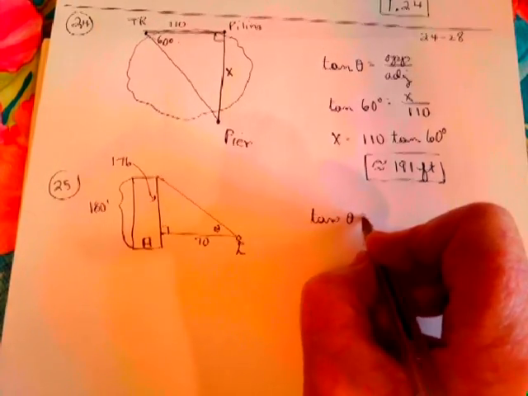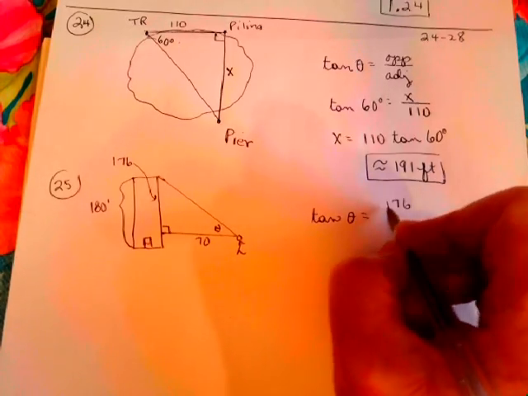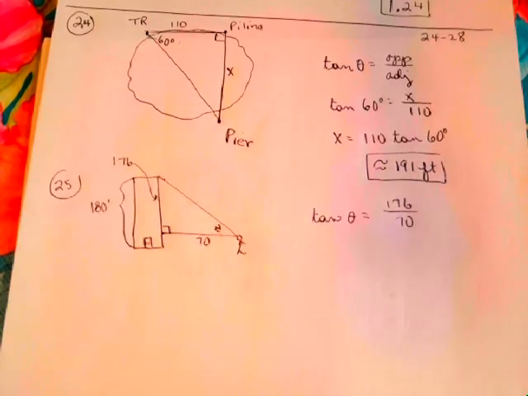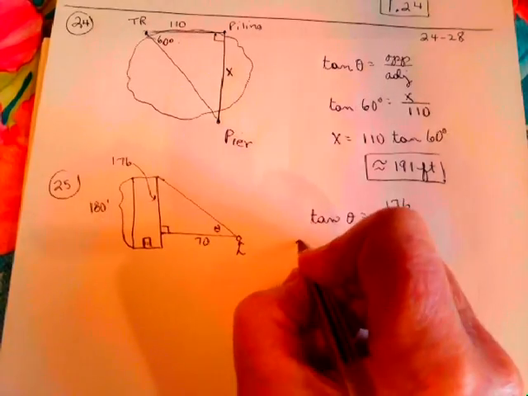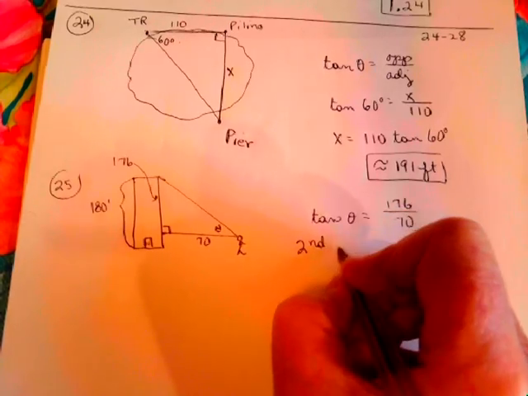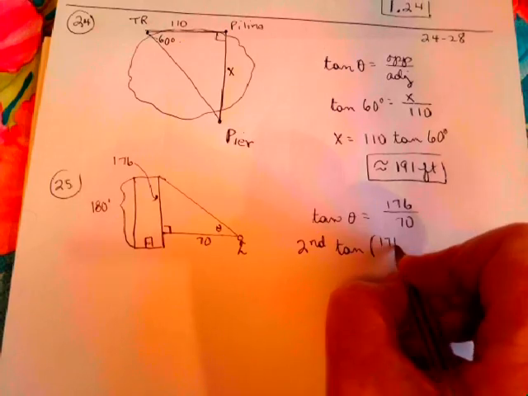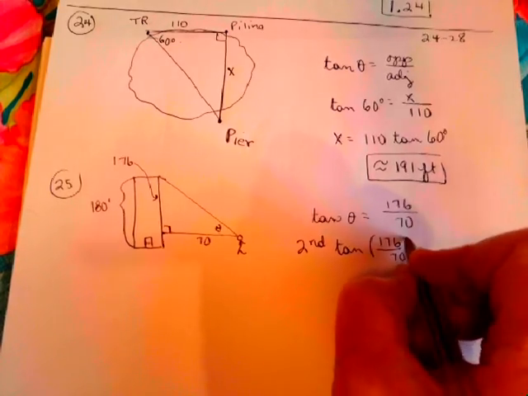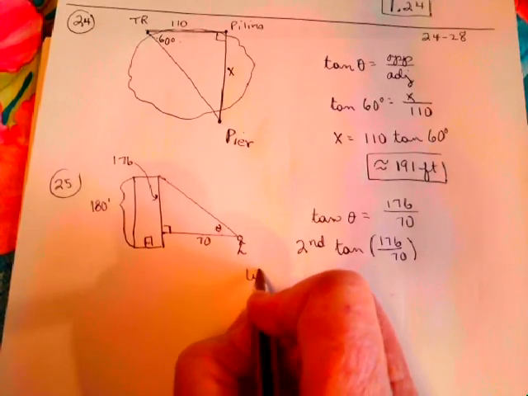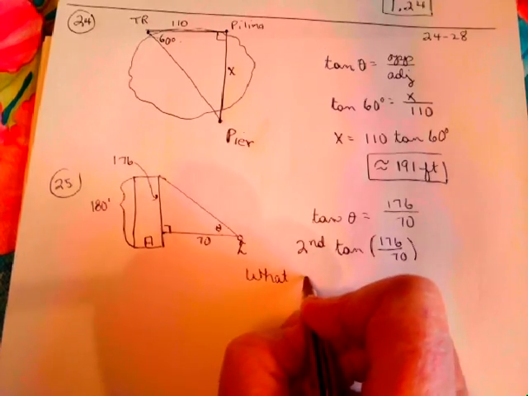Tangent of theta equals 176 over 70. But I want to know what theta is. So I'm going to do second tangent of 176 over 70. This is like saying, what angle